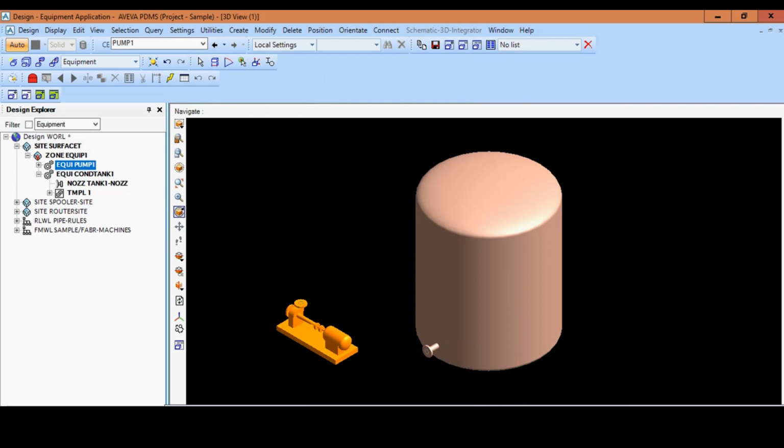Now, one thing you will face here is the pump is facing a different direction. It's not very economical for piping. So how do I make this pump face the tank so that it will be easier or more economical to pipe? So what you can do is very easy. Select the pump that you just created, which is the current element you selected, and you click on the model editor. The model editor will display